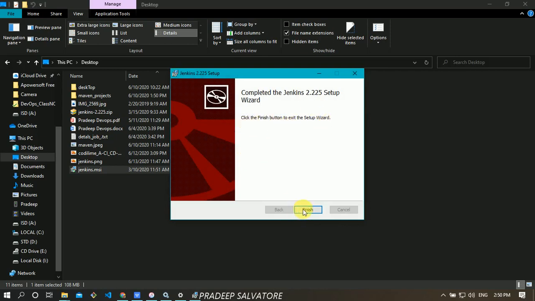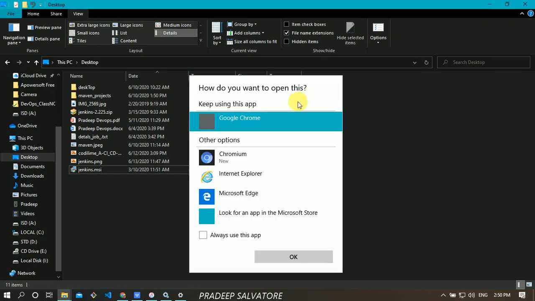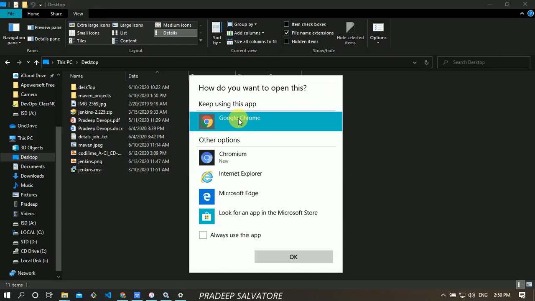Once it is done, just click on Finish. Jenkins is a web application, so it works web based. In order to access Jenkins, by default it is localhost 8080. Jenkins runs on that.